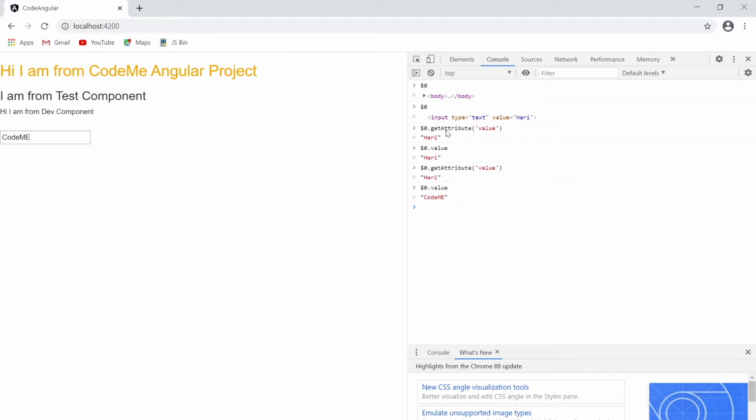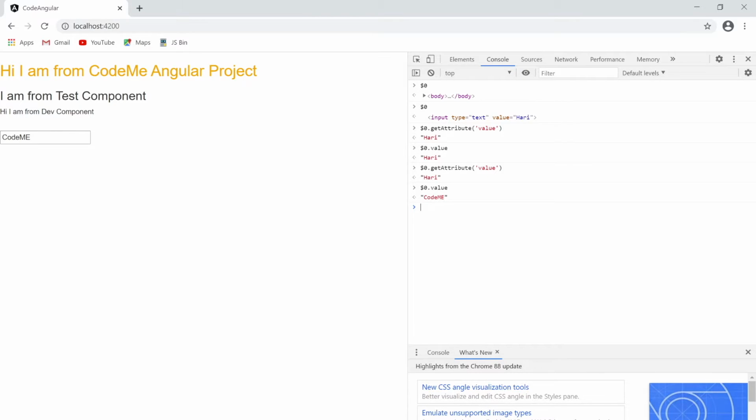Attributes are defined by the HTML, whereas the property is defined by the DOM. We can change the DOM, which means we can change the property value, but we can't change the attribute. The attribute is only initialized once when we create our project. After initializing, we can't change that value.